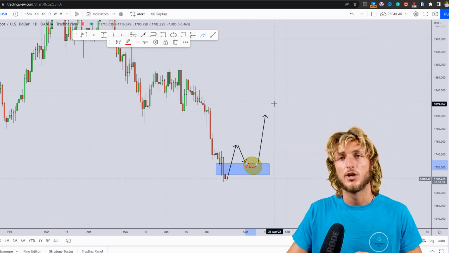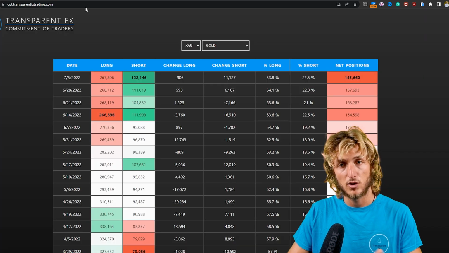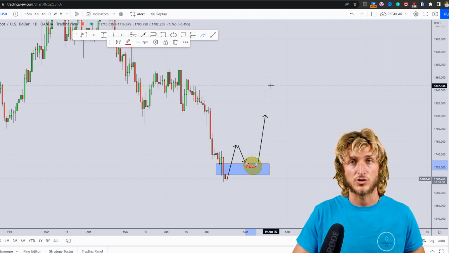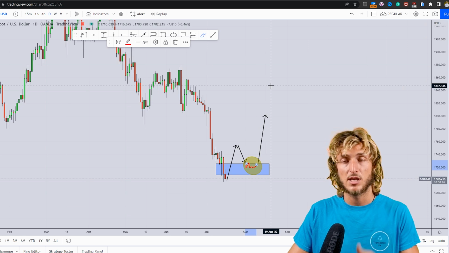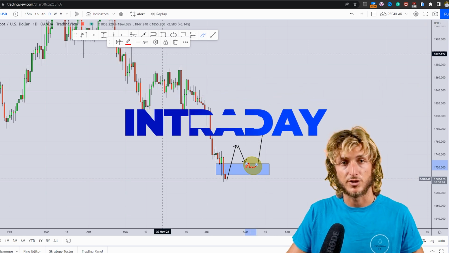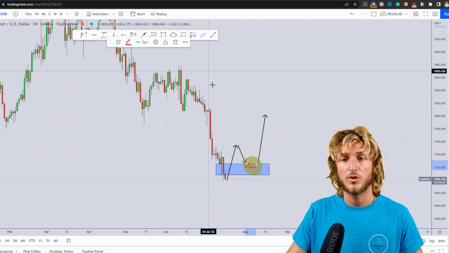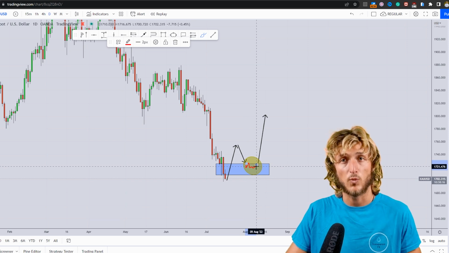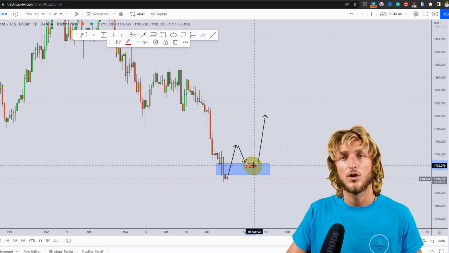As usual, trading is reactive and not predictive. The monthly, weekly, and daily combined with the COT data, those are the best time frames from a directional perspective. However, when it comes to confirmations and entries, the best time frames are the intraday time frames, so 4 hour and lower. Therefore, what we could be doing is monitoring price action from an intraday perspective during this move to the downside,